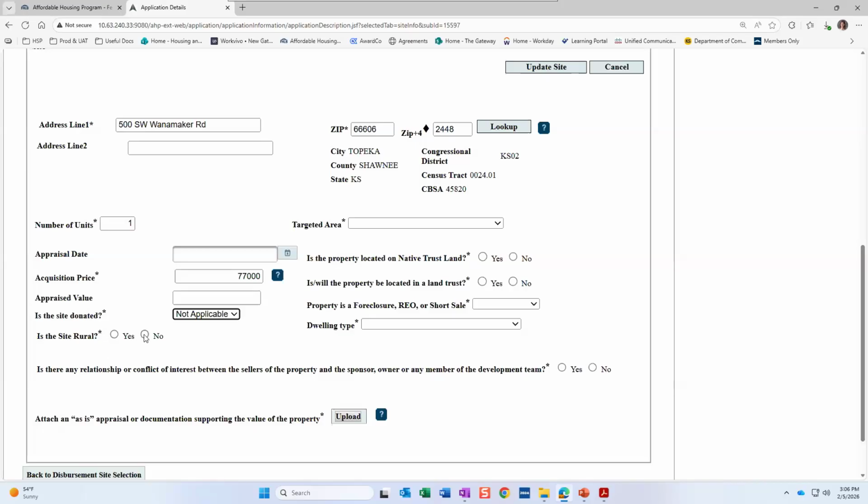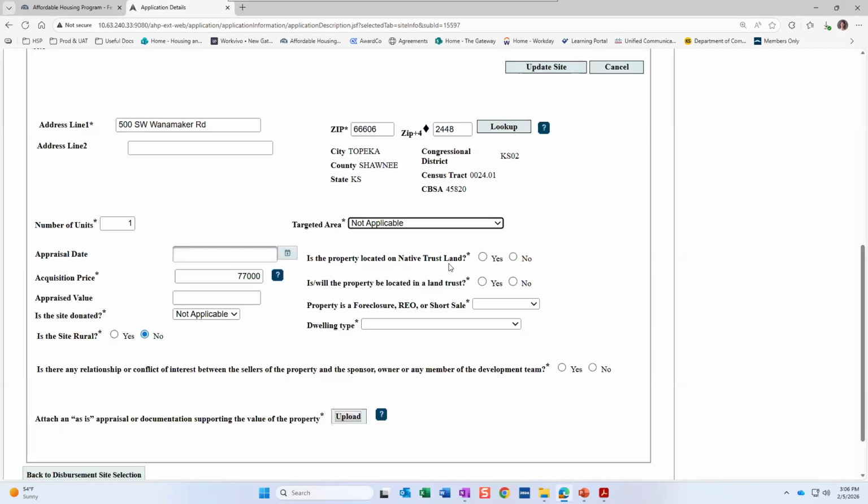Is the site rural? We're going to say no, considering our office here is not in a rural area. Targeted area, again, there's federally declared disaster area, HUD difficult development area. You may have one of these as a scoring commitment. Again, you are welcome to select that here for reporting purposes, but the scoring commitment itself will be accounted for on a different screen. So I'm going to click not applicable since we do not fall into any of those three.